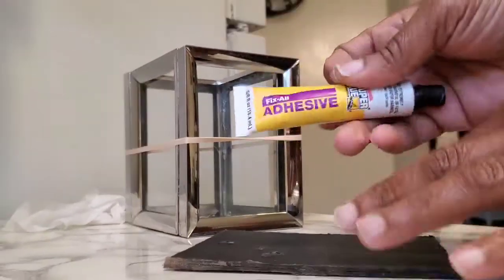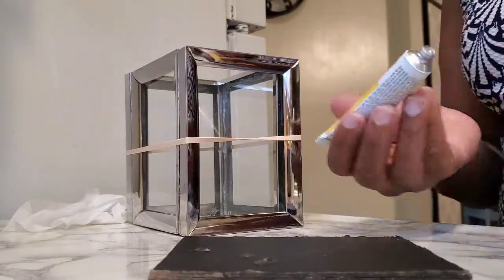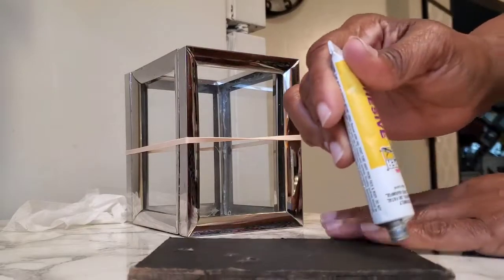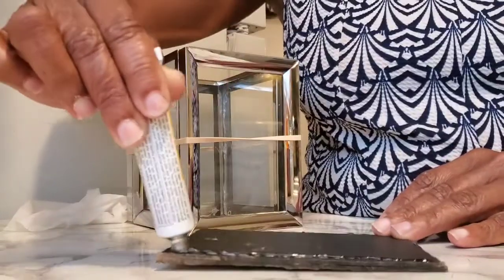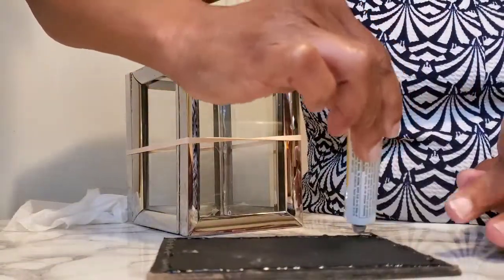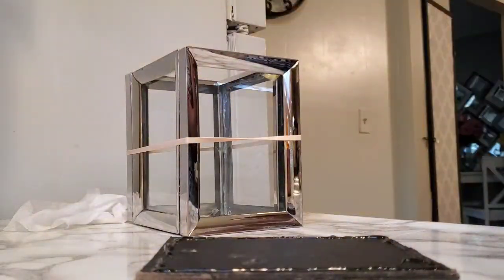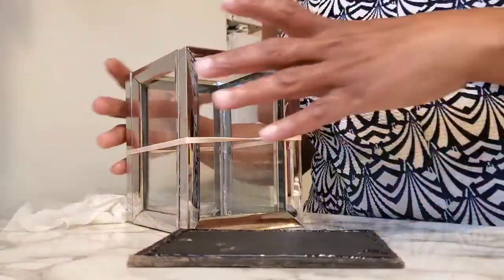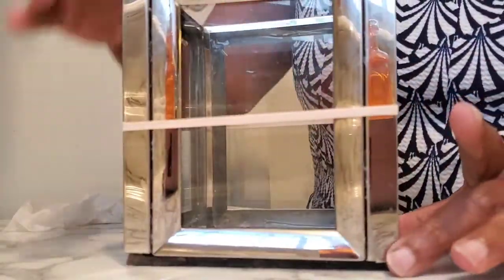Now the rubber band is to hold it together until it permanently fixes together, because I didn't have any glue gun for the glue sticks or any blue tape. So the rubber band is just holding it, and here you see me putting the glue around the edge. And this is from the back of a picture frame. That is going to be the part that I use on the bottom of the candle holder for a candle